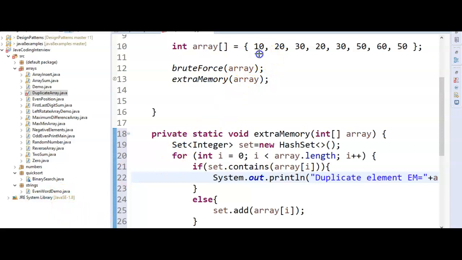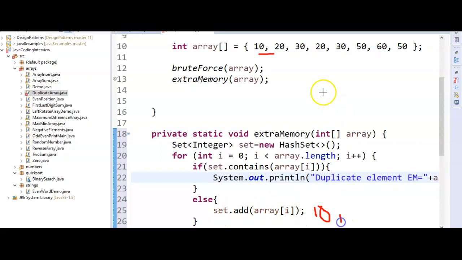First we start with 10, and initially the set will be empty. So if set dot contains 10, here array of 0 will be 10. Set doesn't contain 10, so this will be false, and we add the element 10 here.